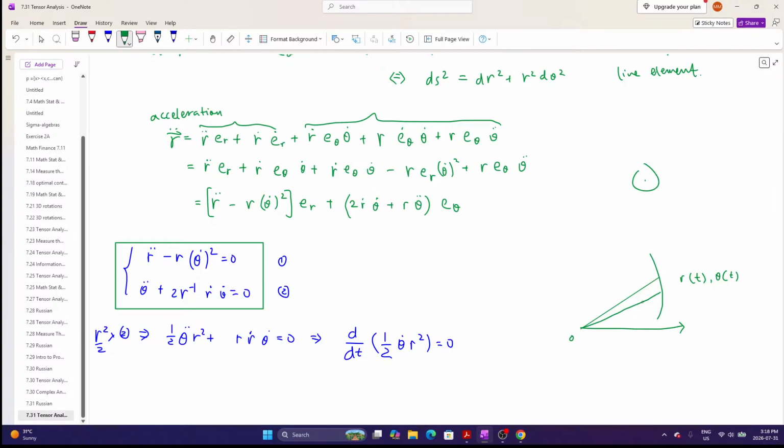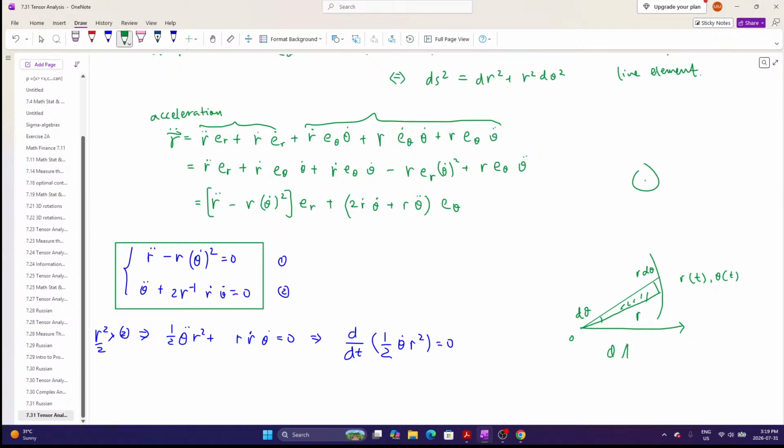So the area is exactly, yeah, this is the area rate. So this angle is d theta. So the infinitesimal height of the triangle is approximately r d theta, and this is r. So the area,